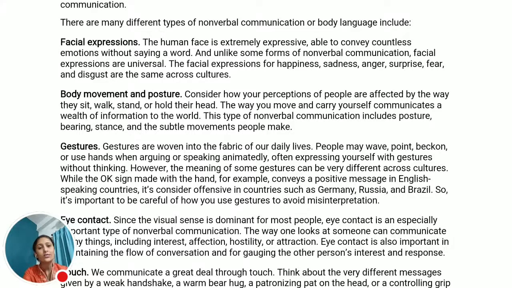Yes, there's one thing about gestures. When we say okay sign, it will be okay in the English speaking countries where the main language is English, like England, America,